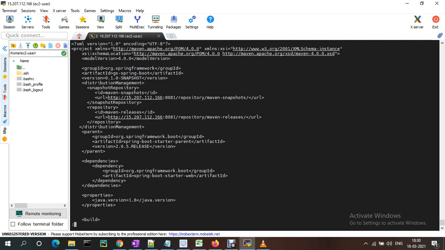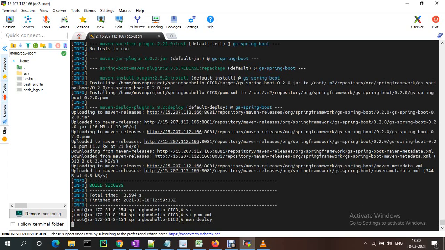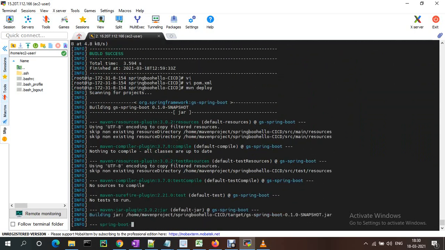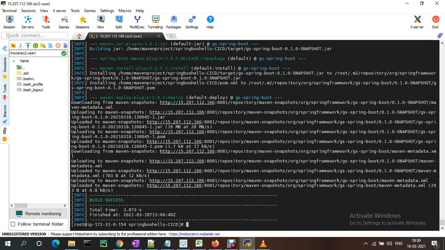So if you give it like this and try to deploy with mvn deploy, this should be considered a snapshot, if you didn't mention anything. Snapshot is nothing but something still in active development. Whatever it is, it should still be in the development phase only, so that's why we are giving snapshot.